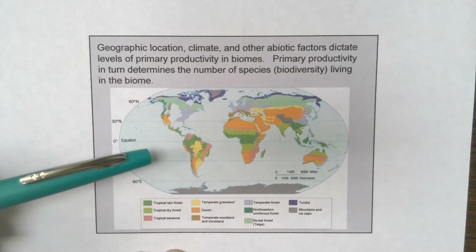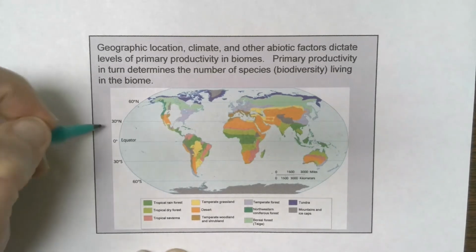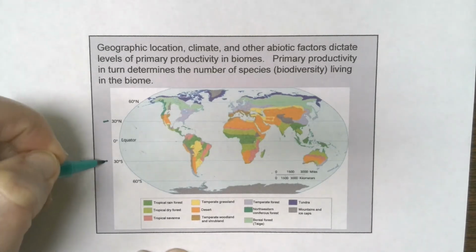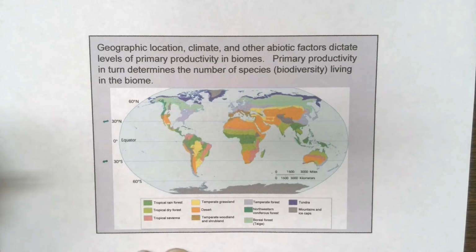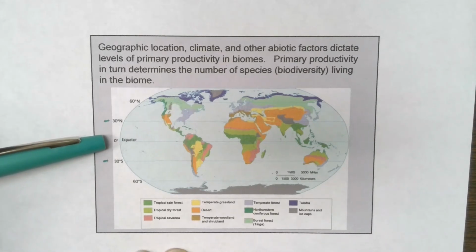And in Australia. That being said, your tropics are 30 degrees north and 30 degrees south latitude, the Tropic of Capricorn and Tropic of Cancer. It's not important for you to know which one's which. If something is determined to be tropical, it means it has to be between those two lines of latitude. And what we're going to see is that we have really high rates of primary productivity near